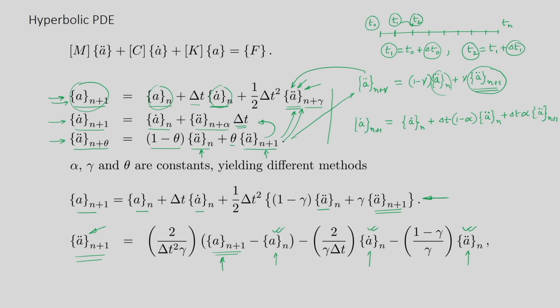Alright. So from here we will replace acceleration at n plus 1 from the expression that I have just now derived, so that we can get the velocity in terms of displacement at n plus 1 and all other terms